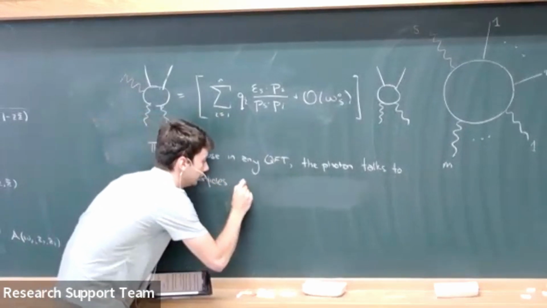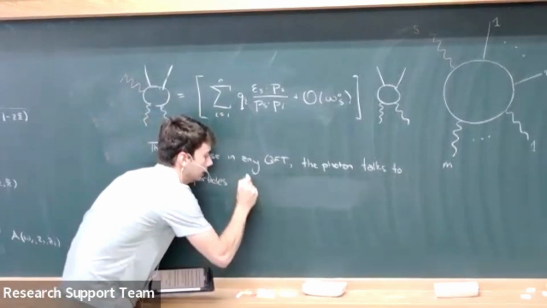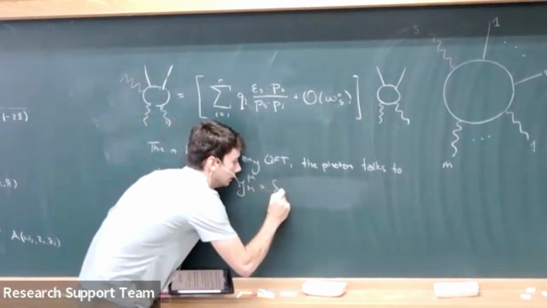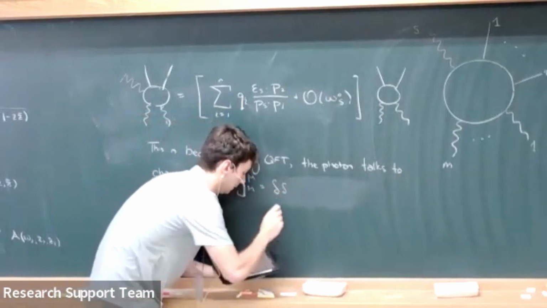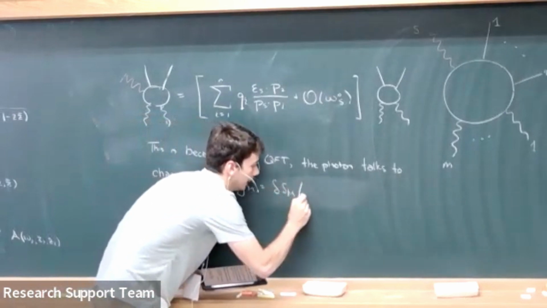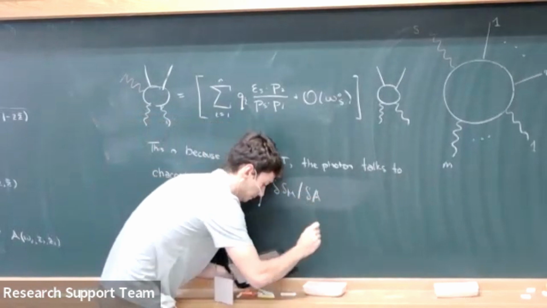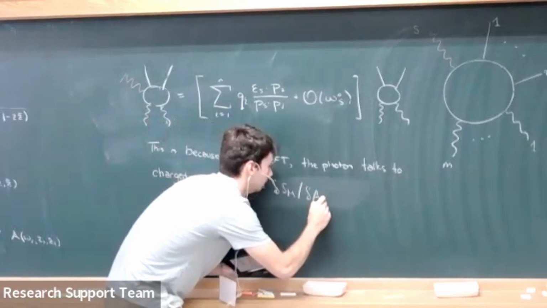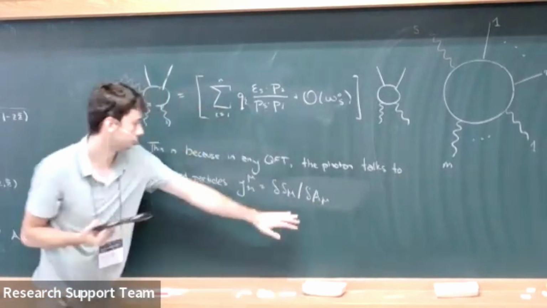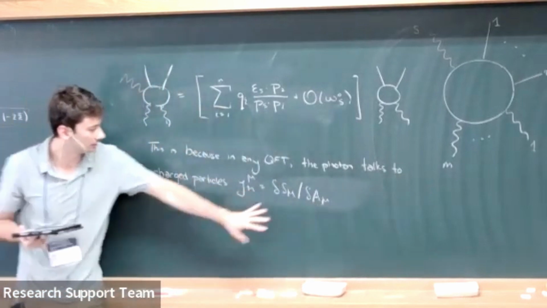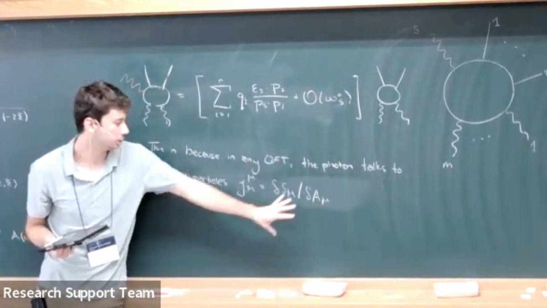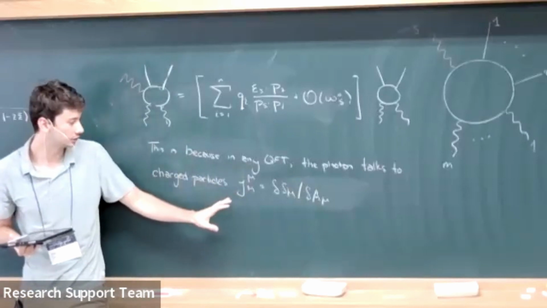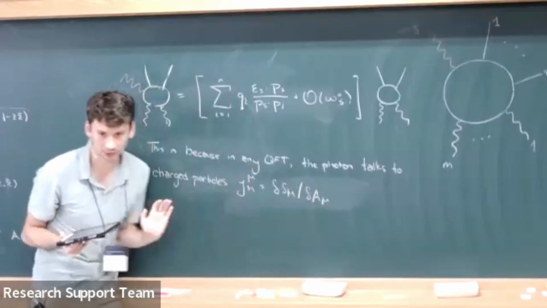So for any U1 gauge theory, you can define the matter current as follows: this functional derivative of the matter part of the action. And because this structure is universal in QED, the fact that QED always talks to matter through an expression like this,